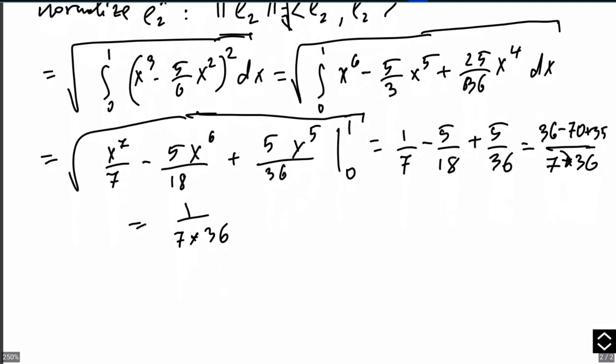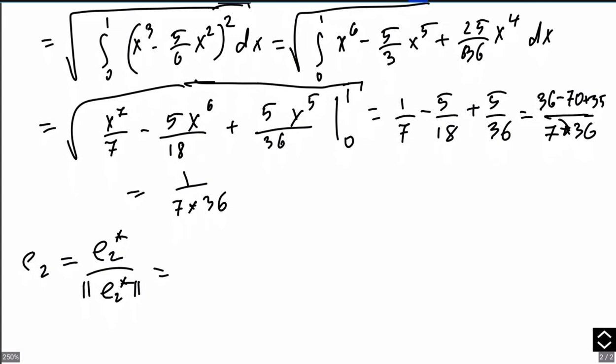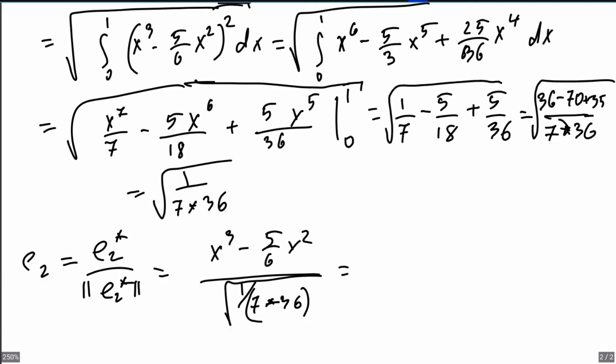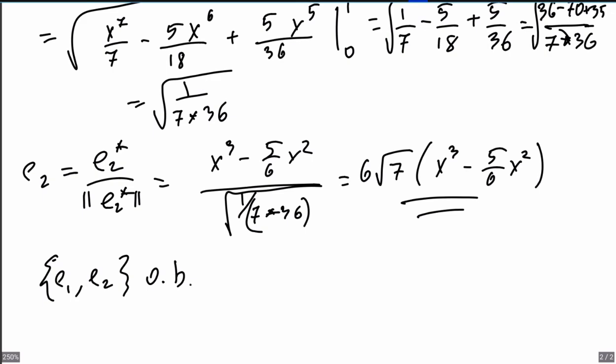And then with this, E2 is E2 star divided by the norm of E2 star, which is x cubed minus 5 over 6 x squared divided by 1 over 7 times 36. Yeah, and I forgot to take the square root. So this is actually square root of 7, and the 36 has square root 6, times x cubed minus 5 over 6 x squared. So once we have the orthonormal basis, E1, E2, then we get that the